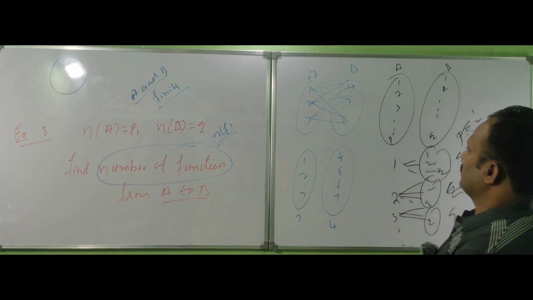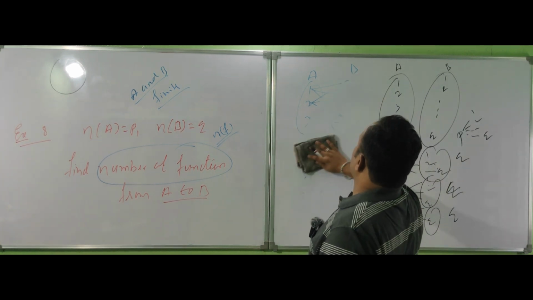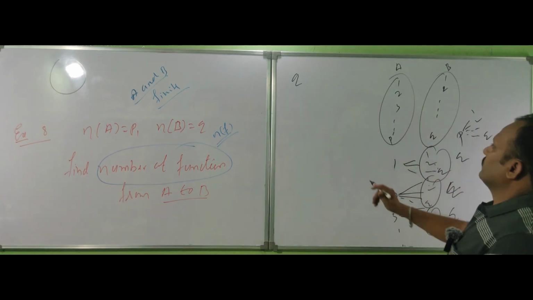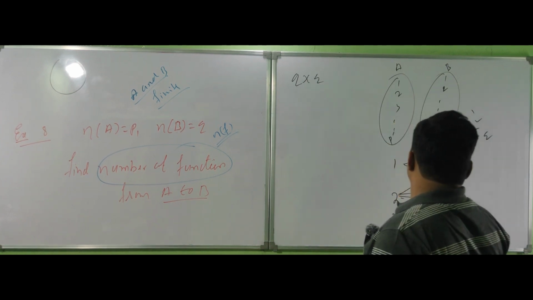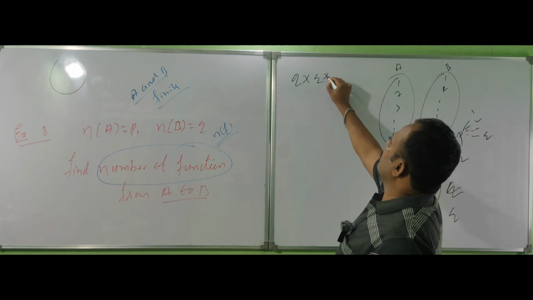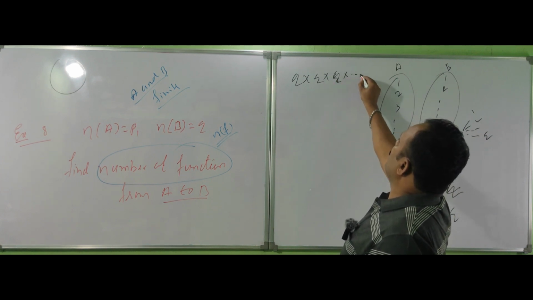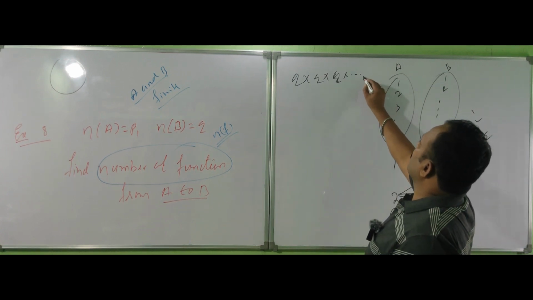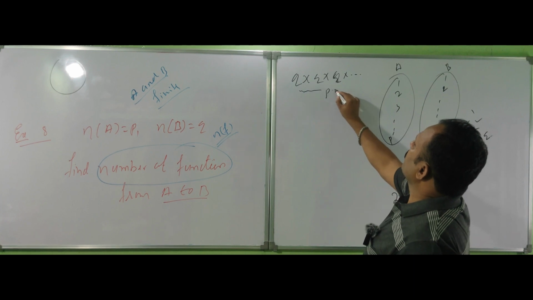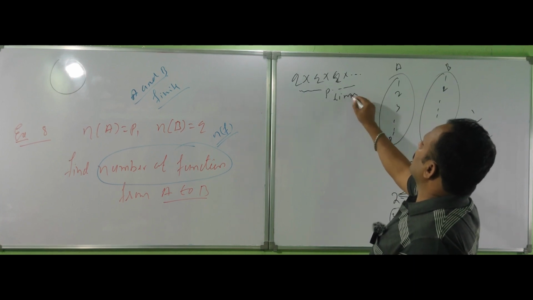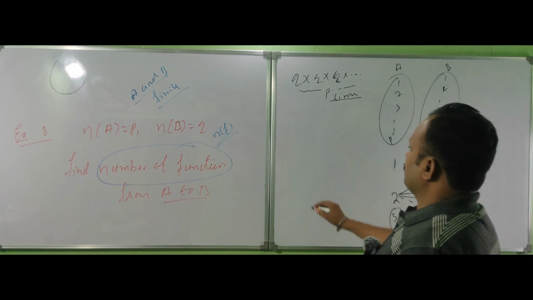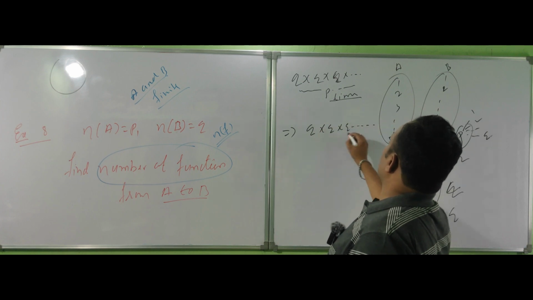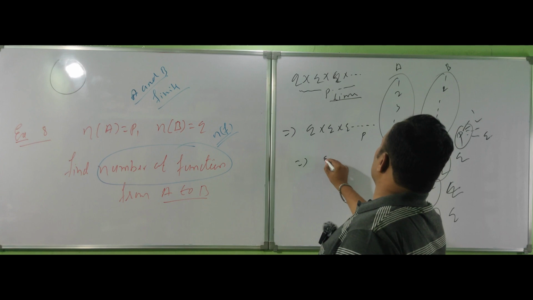In general, I can write q is the first q, into the second, again the third, for the third element q, up to p. This is the p, na? Then I write up to p times. This I can write as q into q up to p times, which is equal to q to the